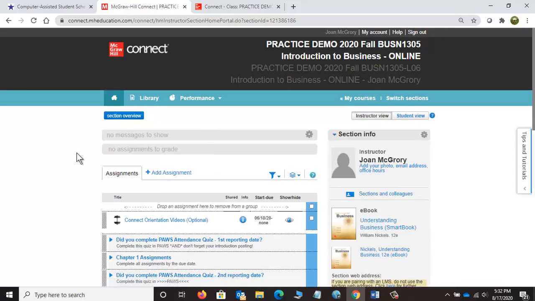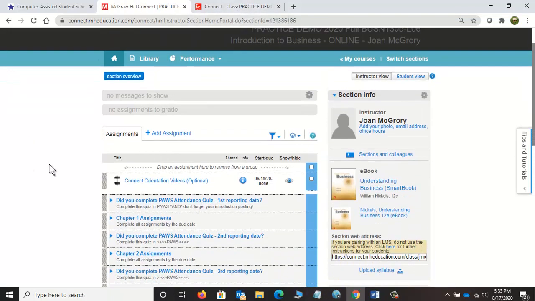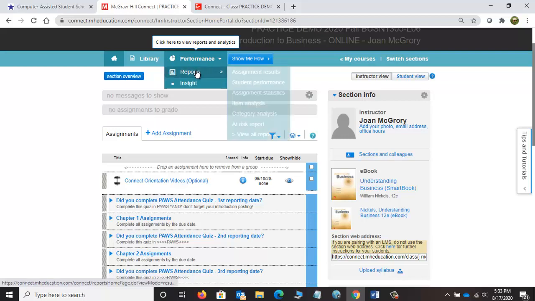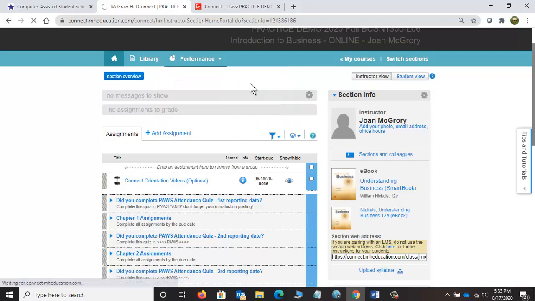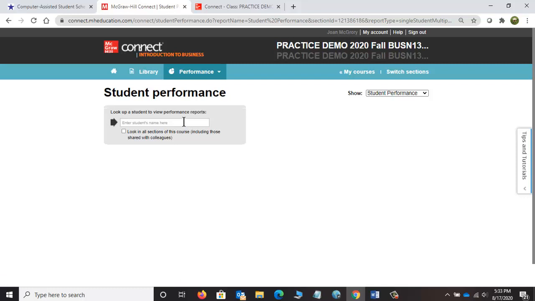It's how you change the dates, it's how you change your assignment settings, it's how you run reports, and how you guide the students. Perhaps two other things that I will show you is under performance and reports. There really are a lot of reports, and I'll leave it to you to explore, but student performance may be very important. What this will do is allow me to type in the name of the student. My student's name was Pretend, and you see it found me already,